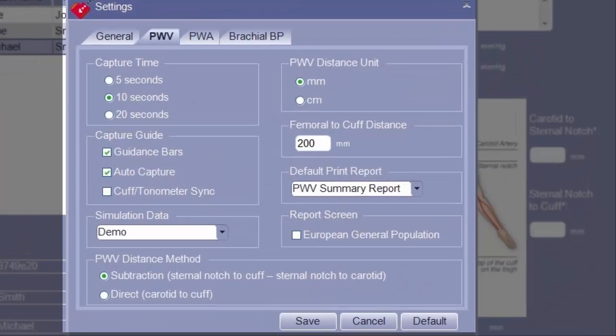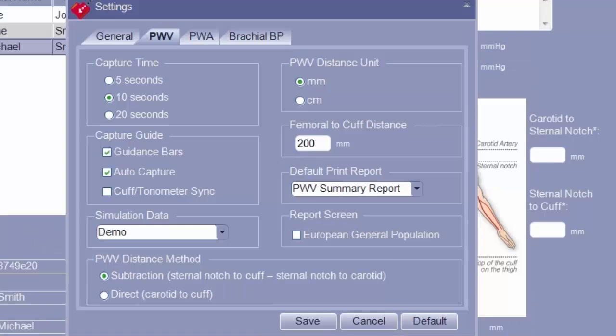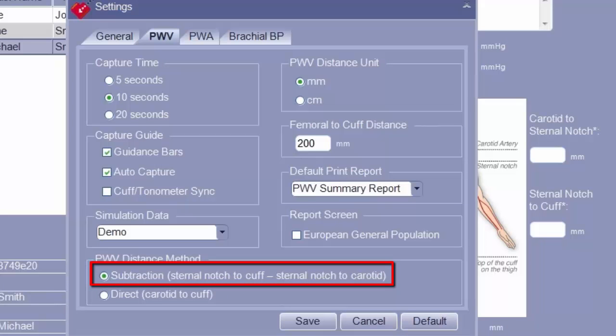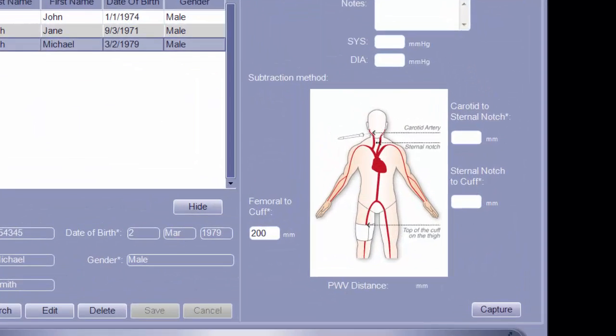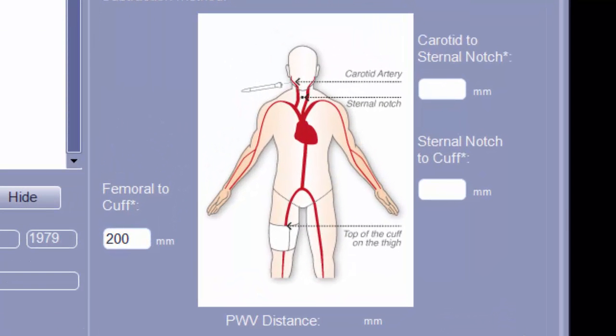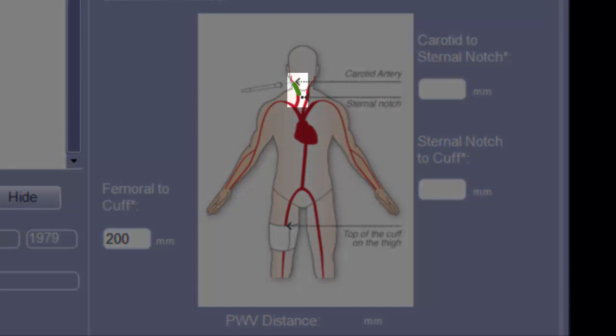The SphygmoCore allows for multiple distance measurement methods. In this tutorial, the subtraction method will be demonstrated. 3 separate distance measurements are required prior to data capture. These include the distance from the suprasternal notch to the mark made over the carotid pulse,